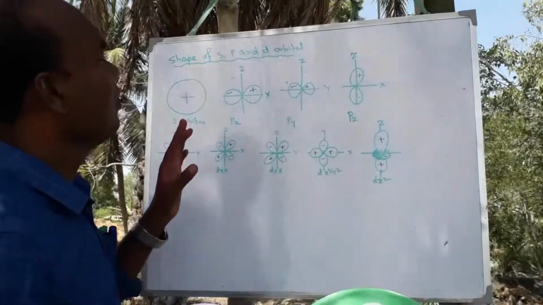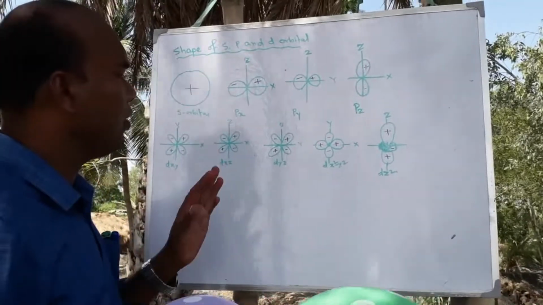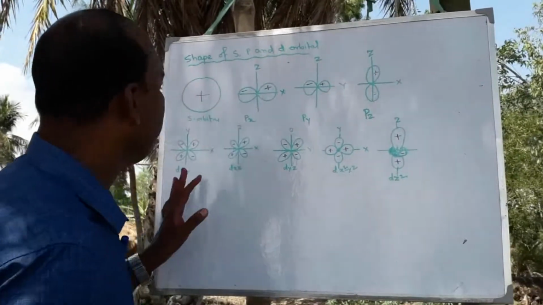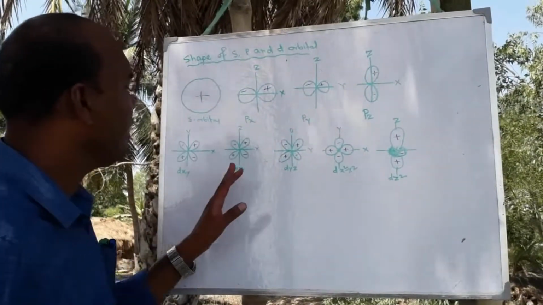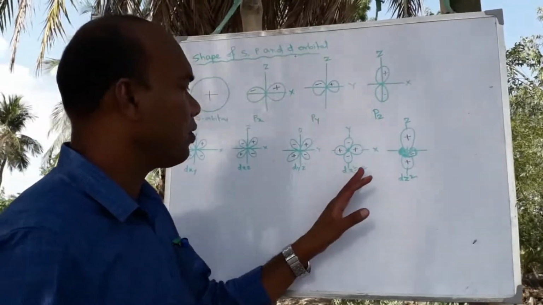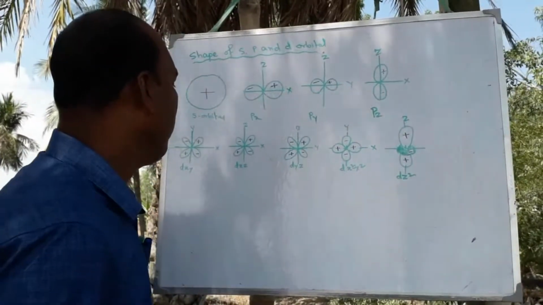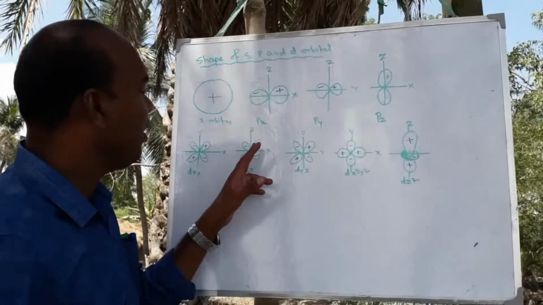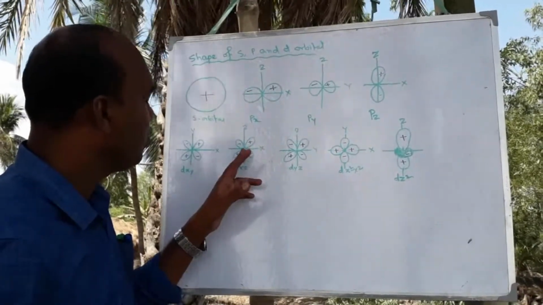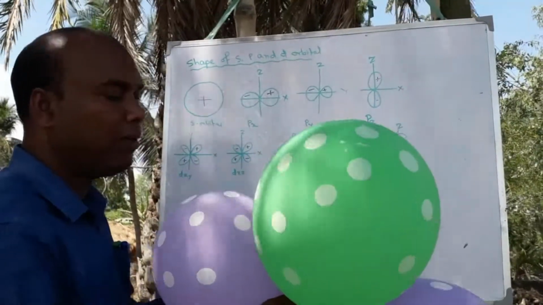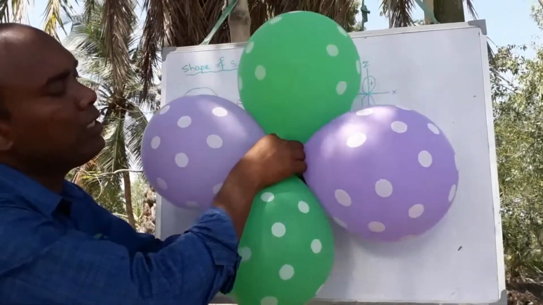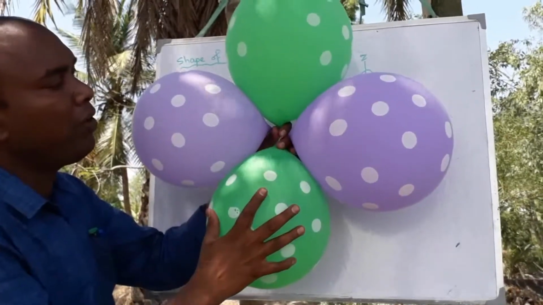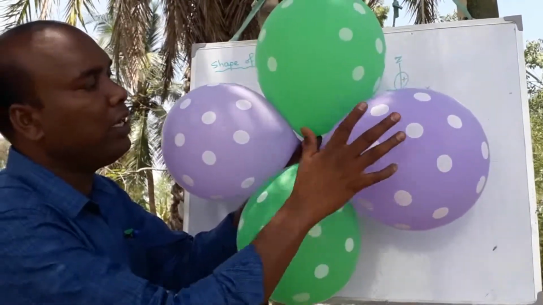Now this way, by plotting the angular part of the wave function for different orbitals, for the d orbital, we can get the shape of the different d orbitals. There are 5 d orbitals, you know. These are dxy, dxz, dyz, dx square minus y square, and dz square. And you see here there are 4 lobes. 2 lobes are positive and 2 lobes are negative. And the shape can be presented like this. You see, this is the d orbital. This is the positive part of the wave function, this is also positive, and this is the negative part of the wave function.